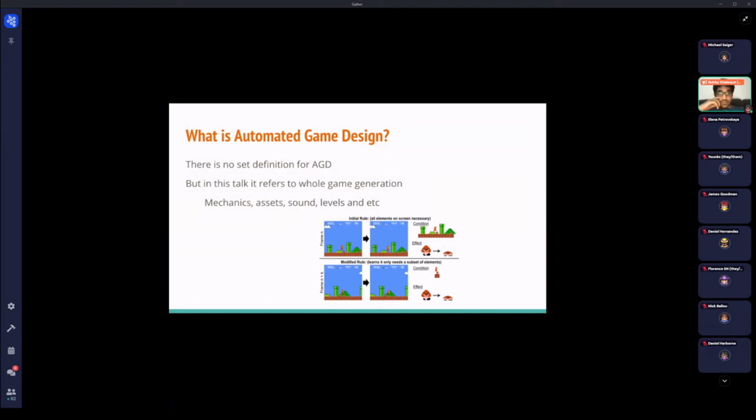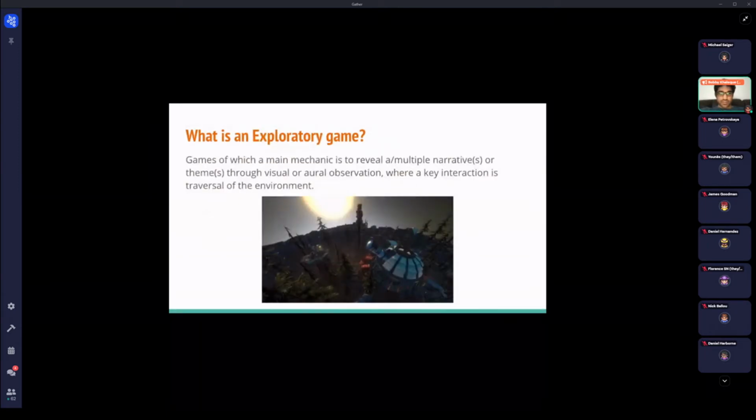So let's talk a little bit now about exploratory games. You might not have heard it before, but I've created a definition which I think fits well. They're games of which a main mechanic is to reveal one or more narratives or themes through aural or visual observation, where a key interaction is traversal of the environment. These can include, but are not limited to, walking simulators and narrative-driven games like The Outer Worlds, where the goals aren't explicitly stated, and you're just basically meant to explore and find out about the world and the time loop